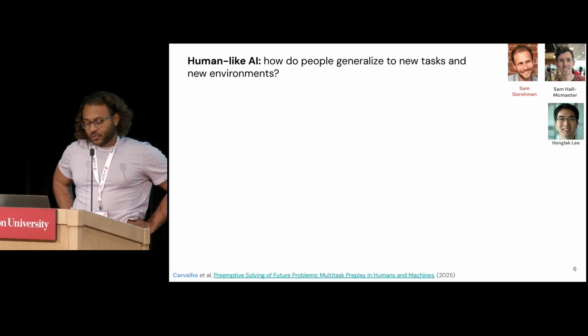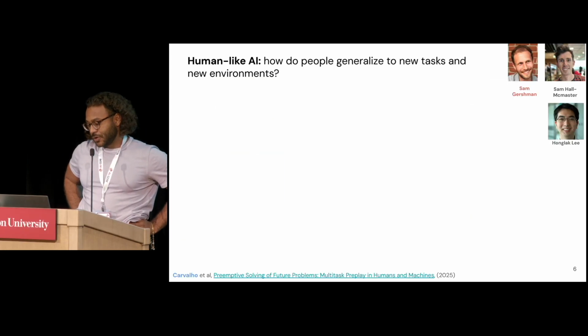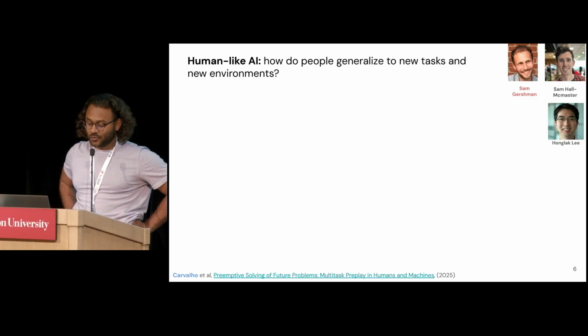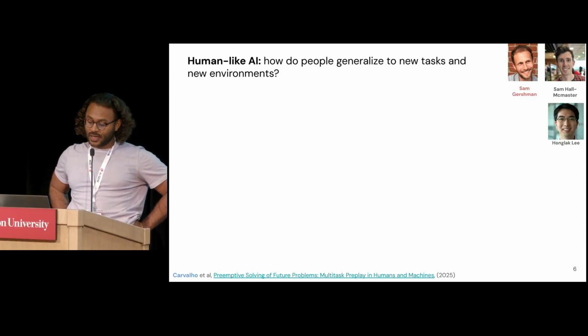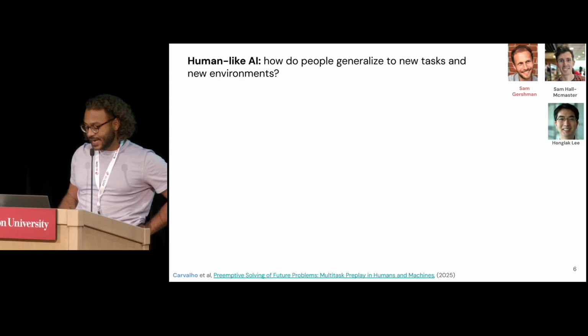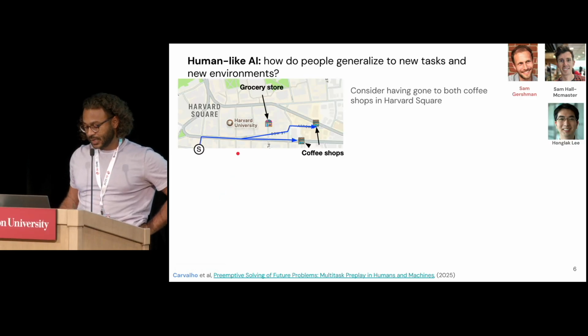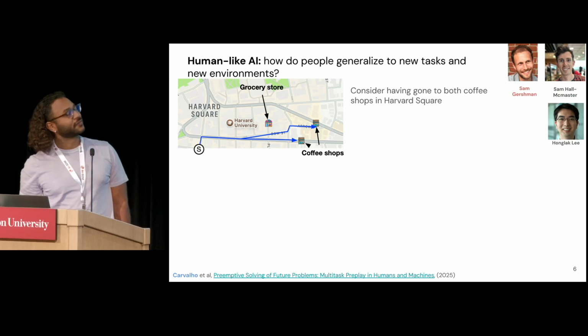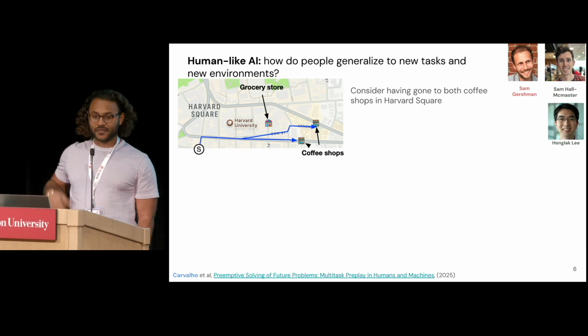Okay, this is work with collaborators Sam Grishman, Sam Holigmaster, and Hung-Luk Lee. The question that we had for this work was, how do people generalize to new tasks and new environments? So consider moving to Harvard Square, like I did short 2 years ago, and you have experience